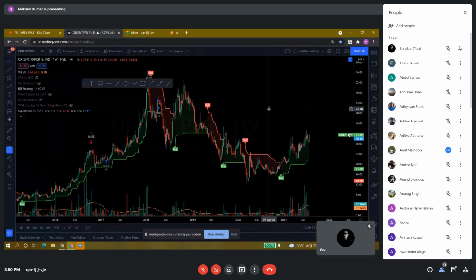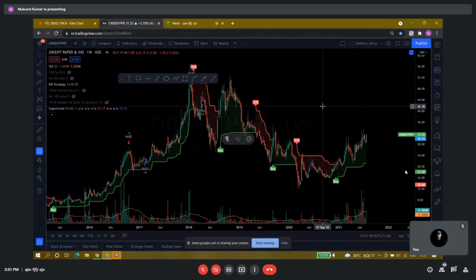What I have understood after all these years is that doing swing and positional trades will give you more benefits, if you do it diligently and with patience and discipline, more returns as compared to investment. Because simply what happens is a stock will not continuously move in an upward direction. Obviously, it will take a pause. Obviously, it will consolidate. Obviously, it will correct after a rally.